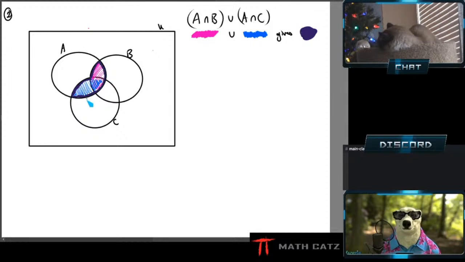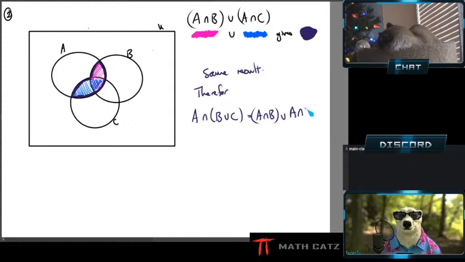Happens to be the same. See here, same result. Therefore, it's equal. A intersection (B union C) is equal to (A intersection B)